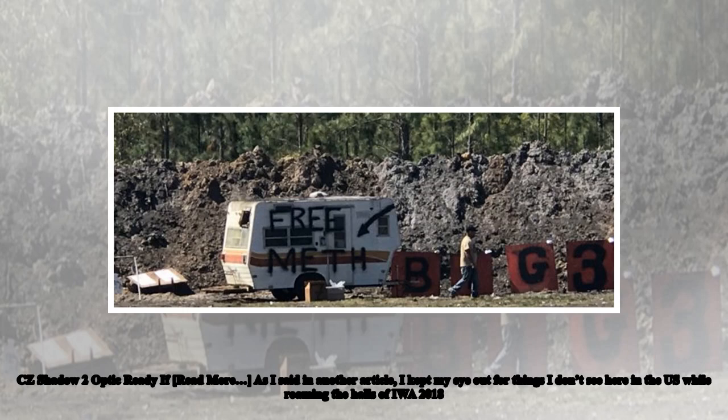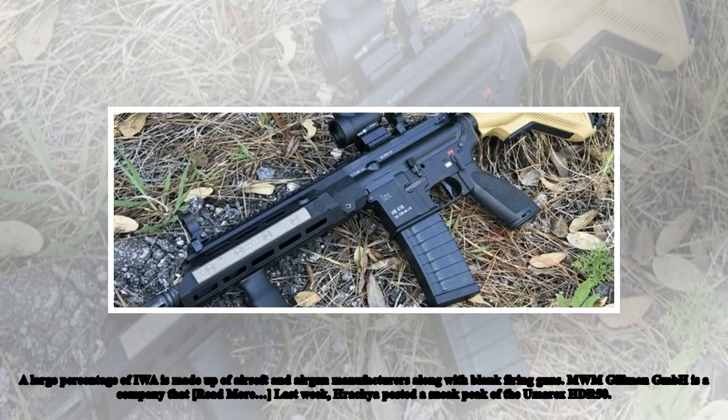As I said in another article, I kept my eye out for things I don't see here in the US while roaming the halls of IWA 2018. A large percentage of IWA is made up of airsoft and airgun manufacturers along with blank-firing guns. MWM Gilman GmbH is a company that